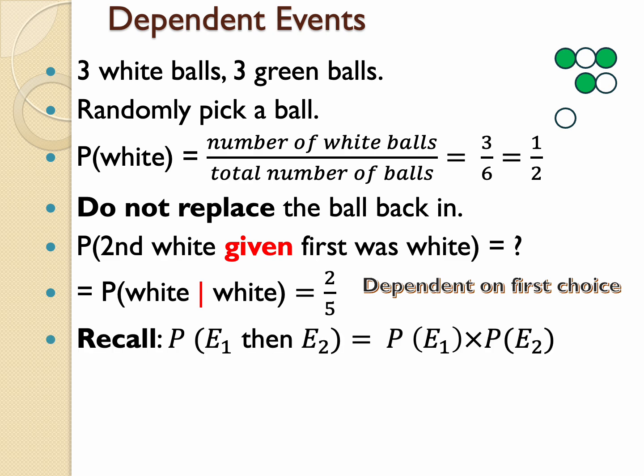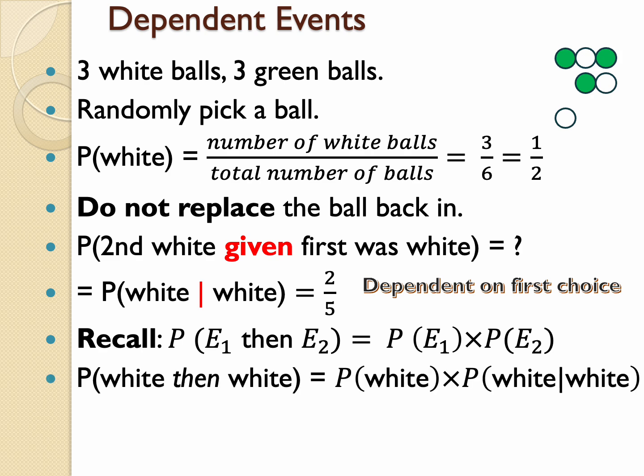Now we want to find the probability of 2 whites in a row. Recall from the last video on independent events that the probability of one event after another equals the product of their respective probabilities. So think, what are the events? The first event is picking a white ball. The second event is picking a white given that the previous one was also white. So we write it out just like that. And it turns out to be